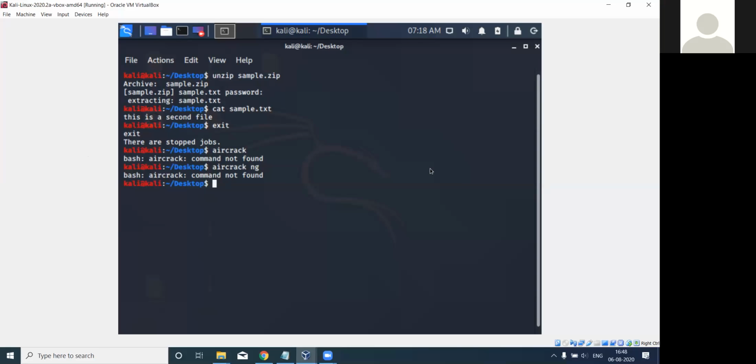Sir, are all these codes given in the Moodle account now? Yes, the commands which I used to write. I already uploaded the procedure and commands. The notepad with whatever commands I used will be uploaded soon. You will get the PPT also. All the materials will be available in the Moodle.